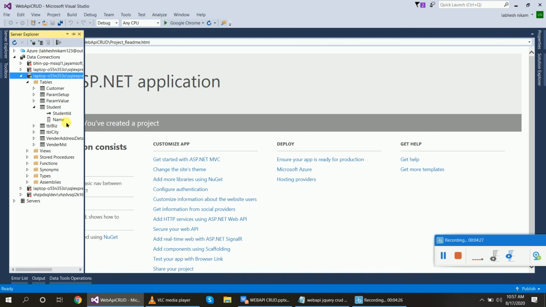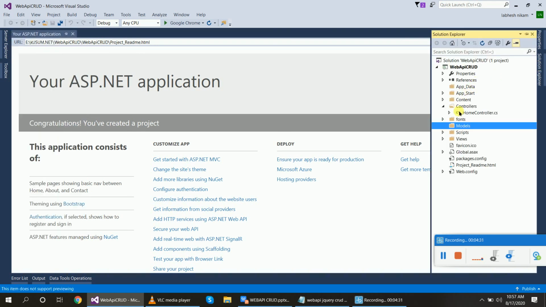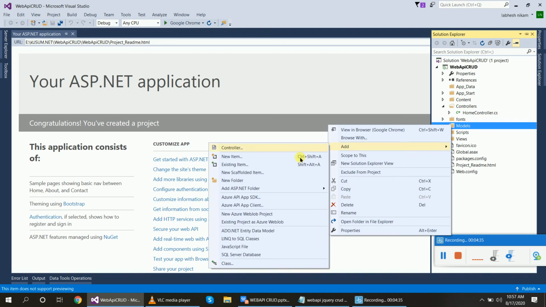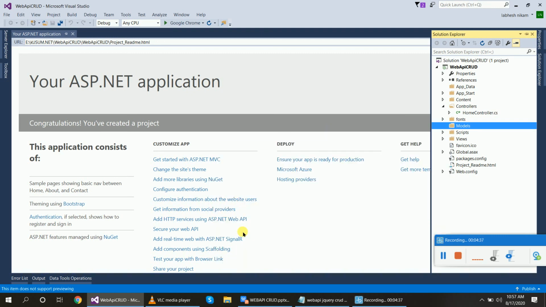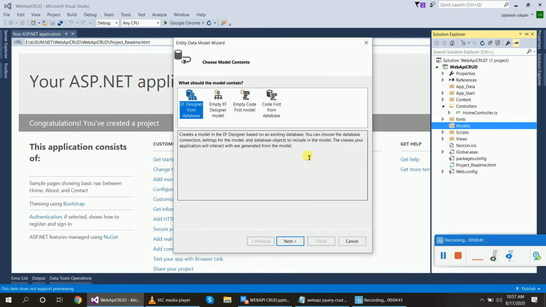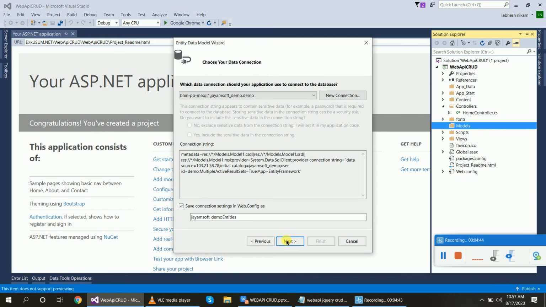Now we will create the data entity model. Inside of the Models folder, click on add ADO.NET Data Model, select, give the name Model1, no problem. We will use the database first approach here.